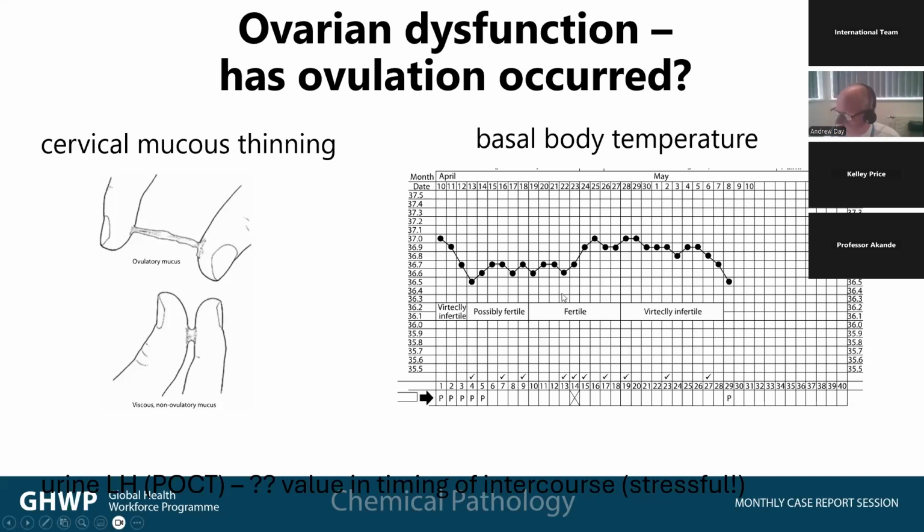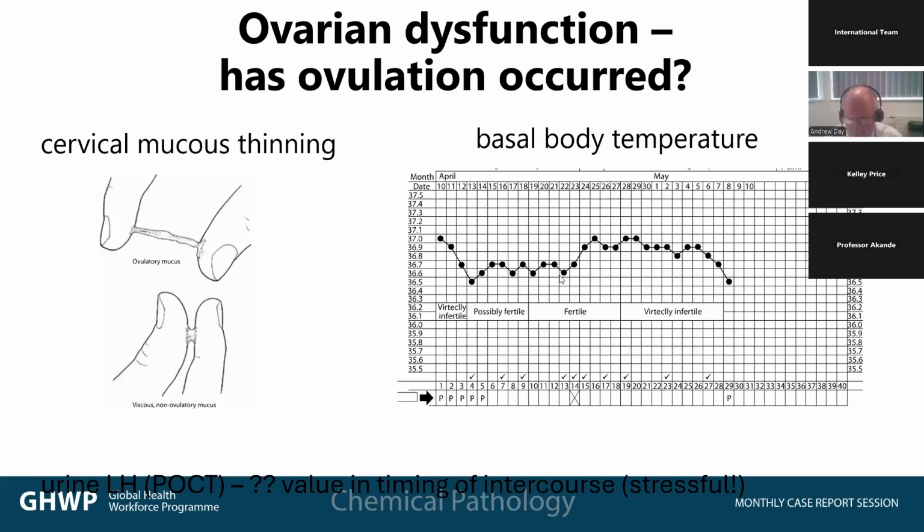More relevantly, perhaps, there is a significant rise in basal body temperature that occurs around ovulation. And some women keep temperature charts to enable them to detect that and also to determine the timing of ovulation,